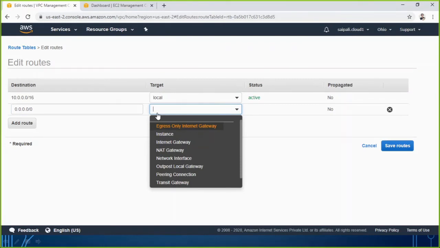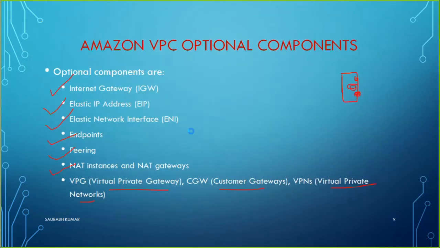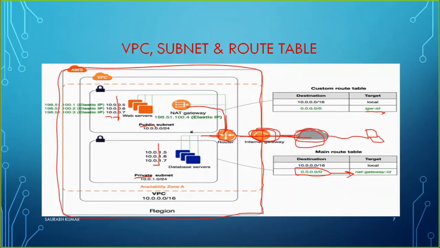So where is it going to be forwarded? If you check the diagram which we have used before, let's go back to our diagram. We are making a route table on the router, right? So on the router we are making a route table saying that if any request comes for 0.0.0.0, meaning it wants to go anywhere else, you will forward it to your gateway. That is what I am trying to set now on my router.